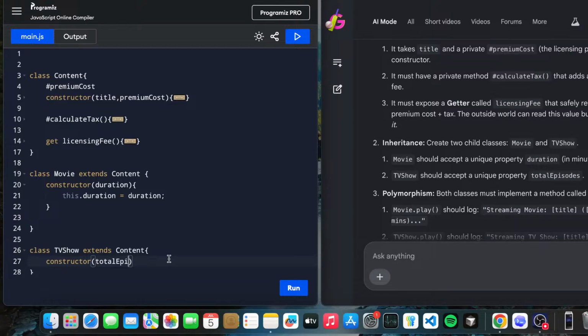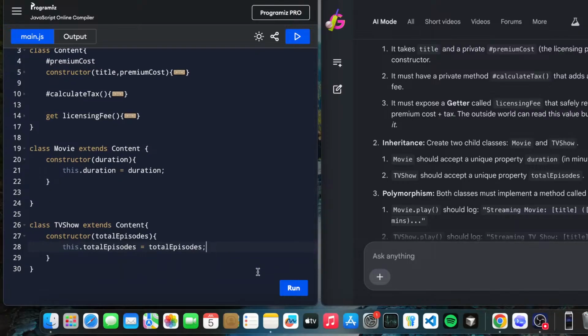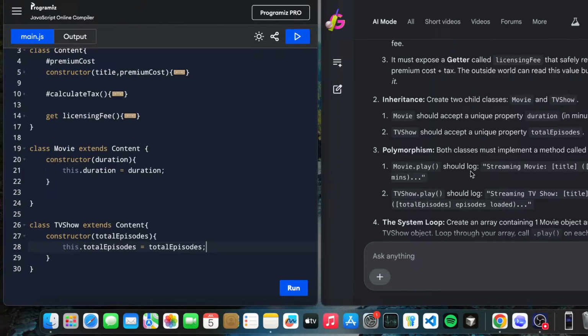Created a constructor, this.totalEpisodes equals totalEpisodes. Polymorphism: both classes must implement a method called play.